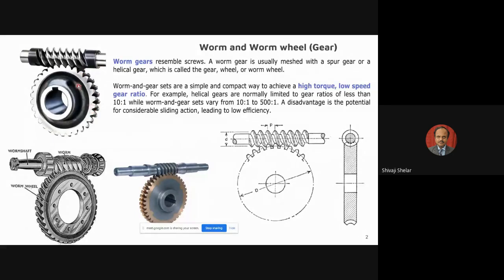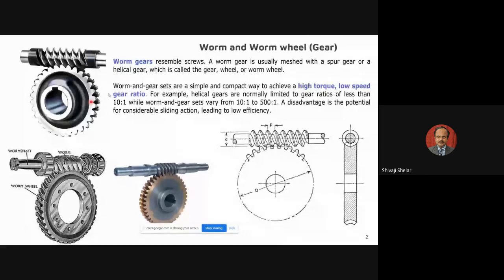So the gear ratio is very high. The transmission ratio here is now 1:40, which means a 40 times reduction is possible. If I use one start here and, say, 40 teeth on this gear, that gives 1:40. Suppose I use 100 teeth here, then with a single start thread I can have a 1:100 reduction. So the worm and worm wheel are used for very large amounts of reduction.